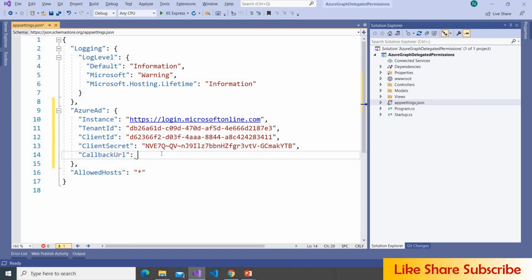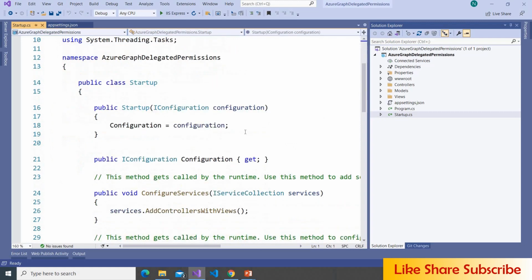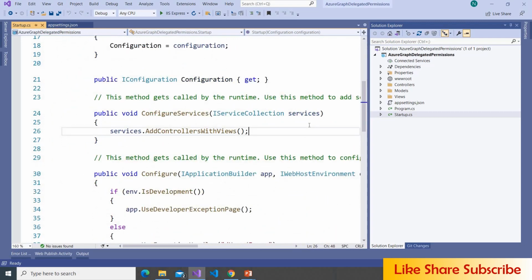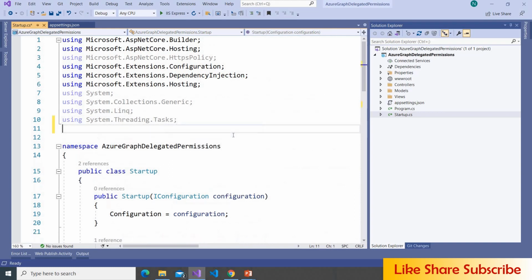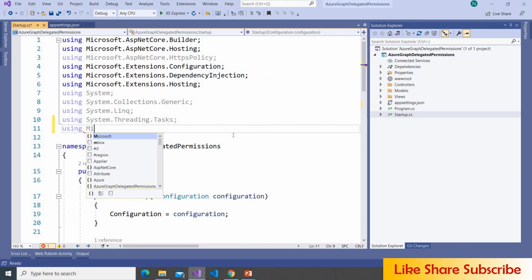URL. So once the authentication is done, Azure redirects the request to this particular URL, and here I am giving /signin-oidc. OIDC stands for OpenID Connect, and save it. Now we have to write some code inside the startup.cs class. So here we are. Before that, let me add a few namespaces,